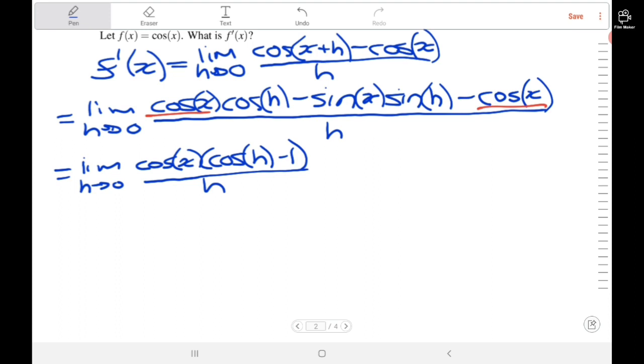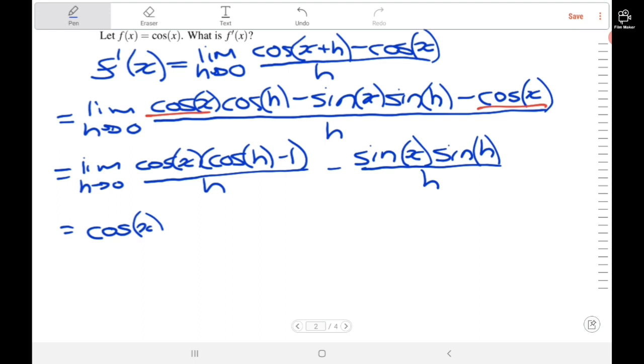And our remaining term is sine x sine h divided by h. Now cosine of x and sine of x, they don't involve h's, so we can pull them outside the limit. And we know that the limit of a sum is the sum of the limits. So we obtain